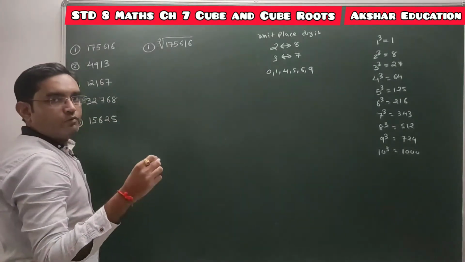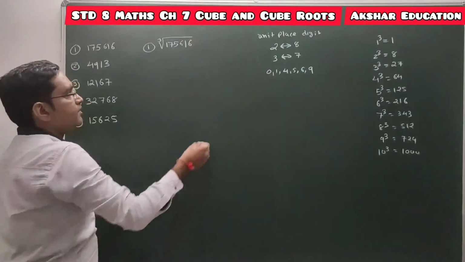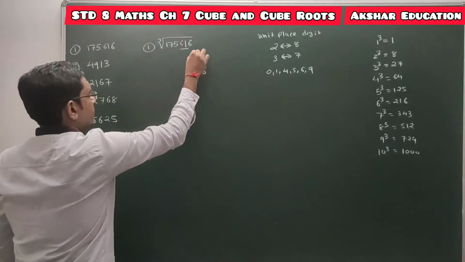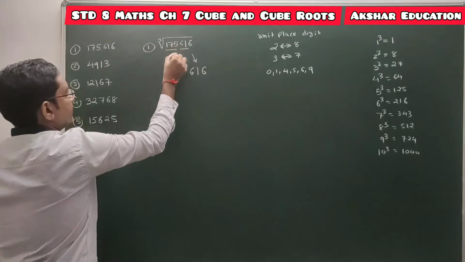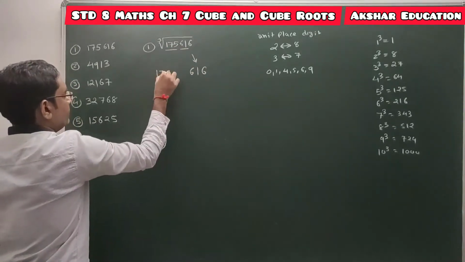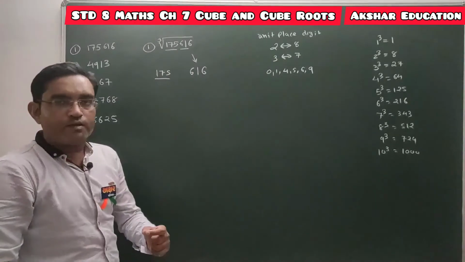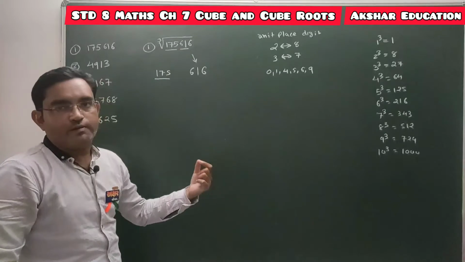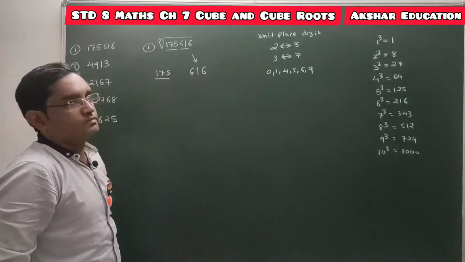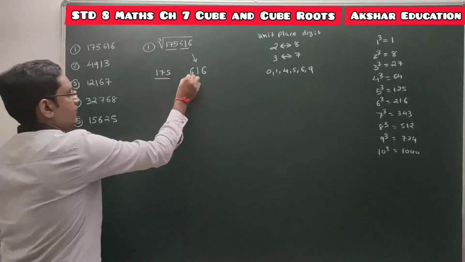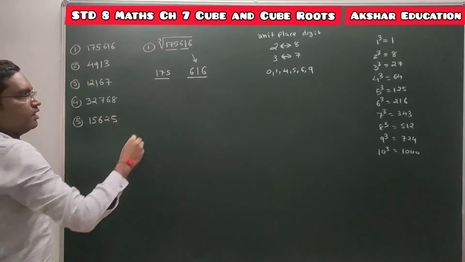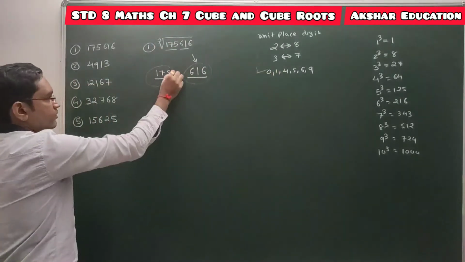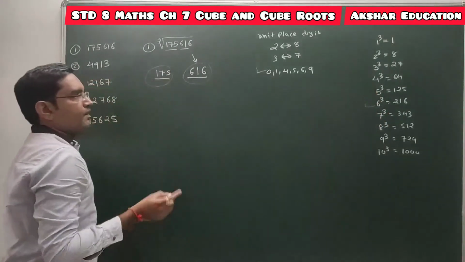First we have to make groups of digits from the right hand side, in digits of 3. So the first group has the digits 616, and the second group is 175. First you have to make the group of digits from the unit place into digits of 3. 3 digit का एक ग्रुप बनाओ. Done. This is the first group, this is the second group. Now for the first group we use this property, and for the second group we use the other property. कैसे यूज करना है देखो.